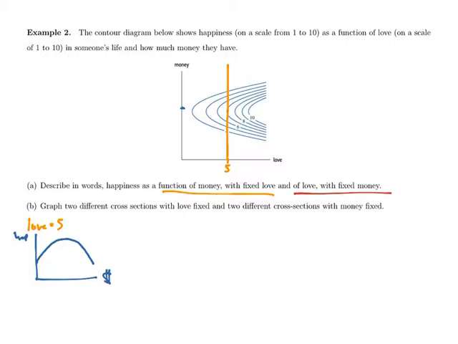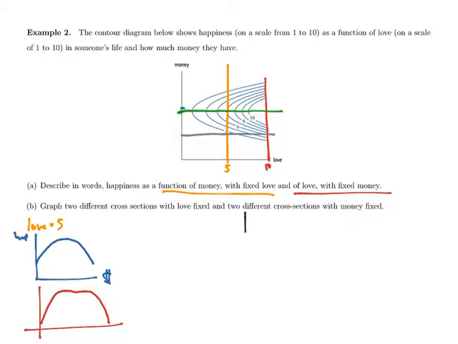And you might have a different sort of thing if you had a different cross section here. Maybe if we had love equals 10. You might have a bigger curve and it flattens out there just because we have a max happiness we can have. Let's do the same thing with fixed money now. We'll do the easiest one, some kind of money value here. We can see that the happiness is just going to increase at a constant rate, or a little bit more constant, as opposed to maybe low money,